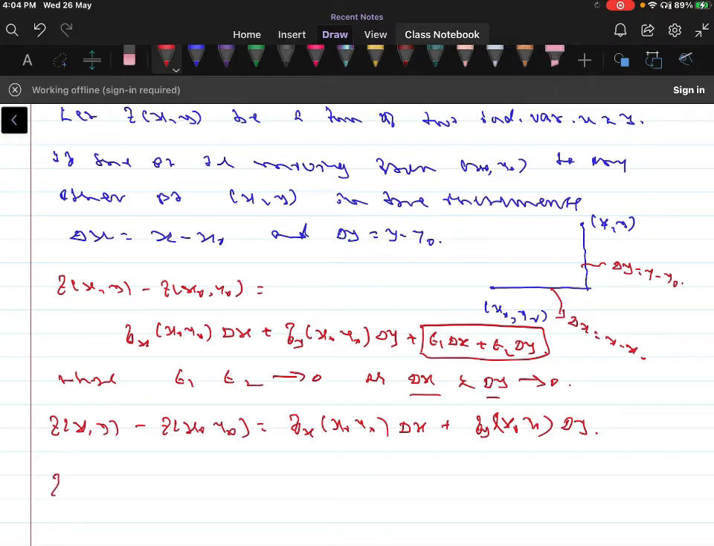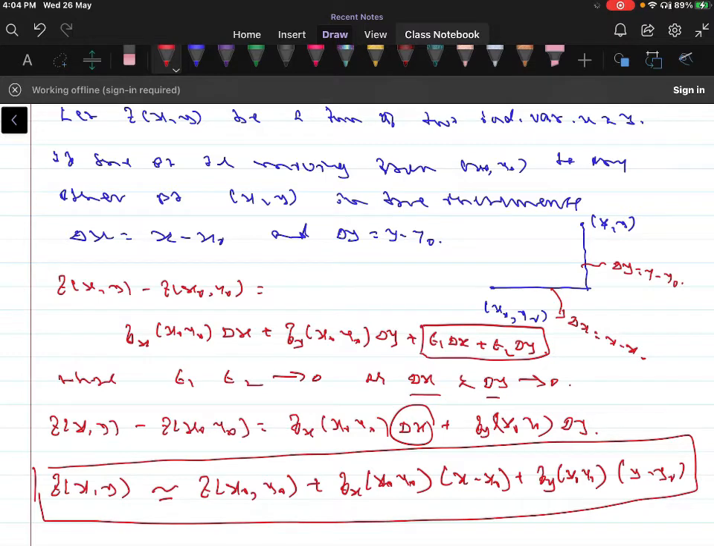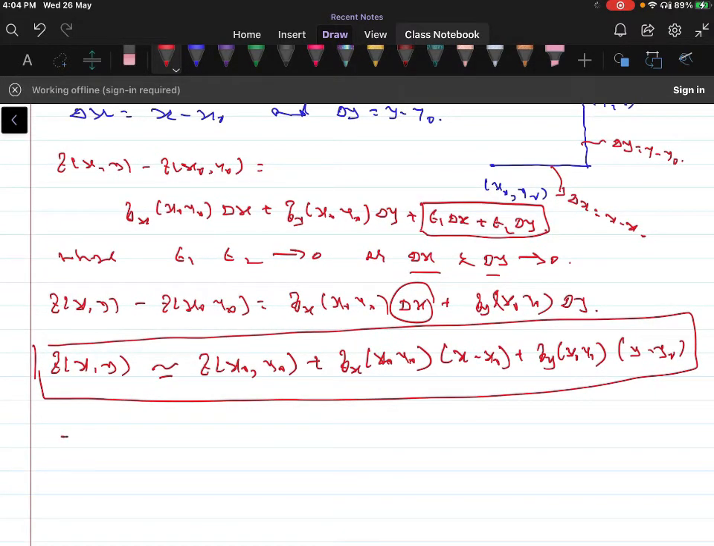So this can be written as f of x comma y is approximately equal to f of x naught comma y naught plus fx at the point x naught comma y naught, where delta x is x minus x naught, plus fy at the point x naught comma y naught, where delta y is y minus y naught. So let us call this L of x comma y, where L of x comma y is called the